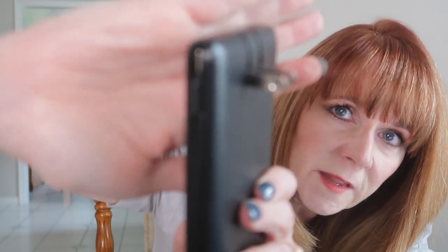I like that all the parts of it are in one. This is perfect for travel. This is perfect for road trips. This is perfect for a trip to the salon where you're in there all day getting stuff done and you're running out of juice, or you're just getting ready to run out the door and you realize that you didn't charge your phone. These come in handy, but these are special because all the pieces are in one,